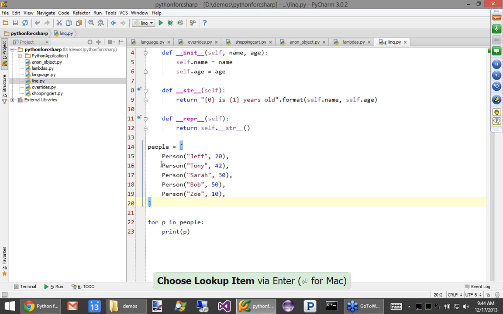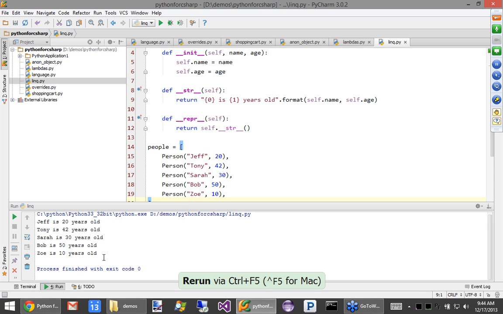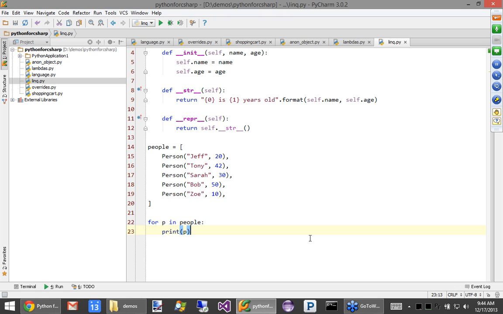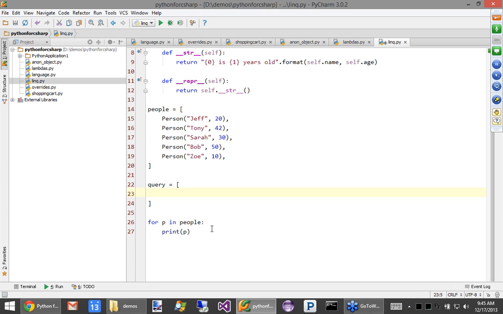Anyway, okay, so you can see, let me run it one more time. Here's our people. They are basically unsorted both by age and by name. So if we had LINQ, we could do really, really cool stuff, like order by age, descending, where the age is greater than 20. Python has this concept as well, but it takes a different form, and it's called a list comprehension. So you have to write the order differently. You don't say from p in people where this, but you'll see it's quite similar otherwise.